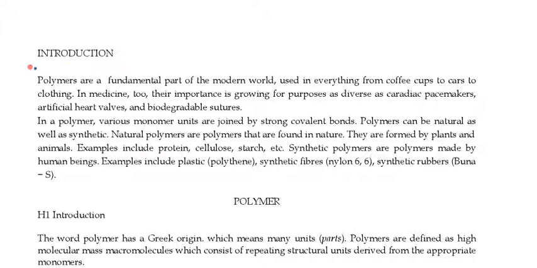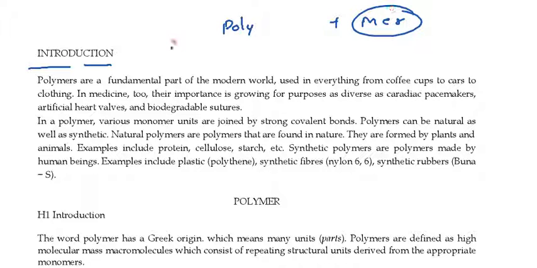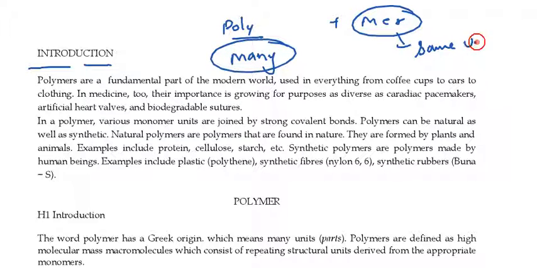Now we discuss polymers. The word polymer is made up of two units. One is poly and the second one is mer. Poly means many, and mers means the same units. When the same type of units get attached a number of times, that allows the formation